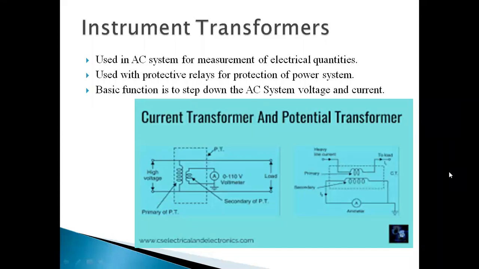Now here you should also remember the number of windings. If they ask, you should remember the number of turns or windings. For CT, the secondary windings are more, meaning the number of turns is more, and for PT the secondary number of turns is also more. We already studied why in the last lecture.